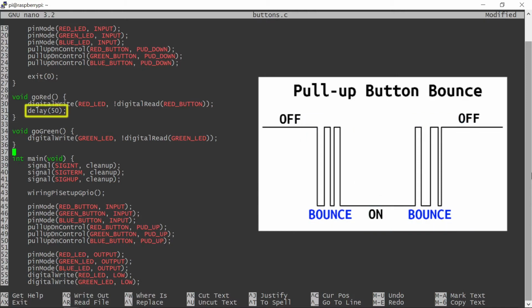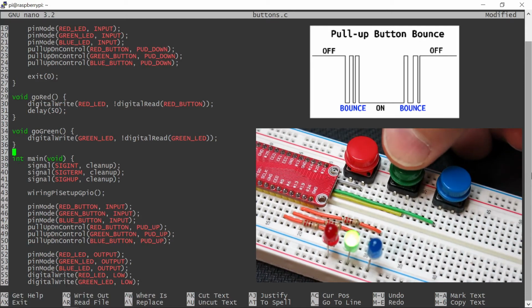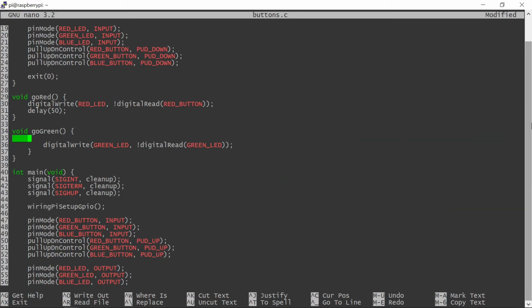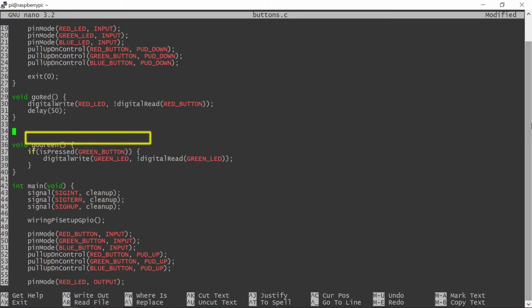The 50 millisecond delay used in the Go Red function took care of that to a degree, but WiringPi queues 2 interrupts, so in most cases the Go Green subroutine would be called at least twice with each button press. In some cases, the button will not be settled with the first call yet, causing the LED to revert to its original state with the second call. This cannot be solved by introducing or even increasing a delay. I need to write a dedicated function which will debounce the button.